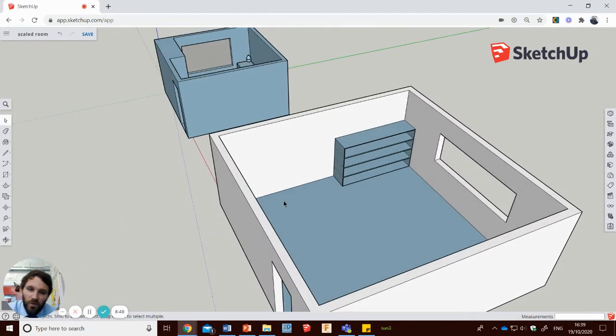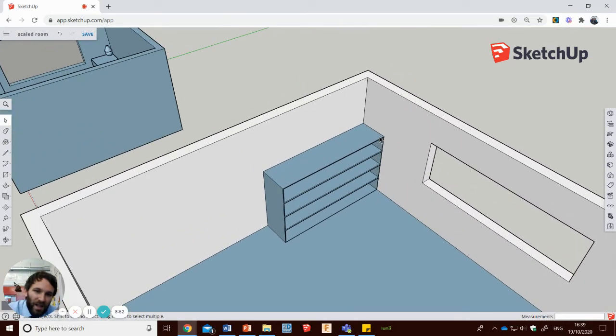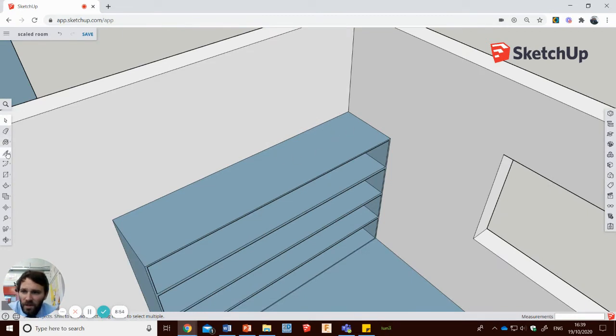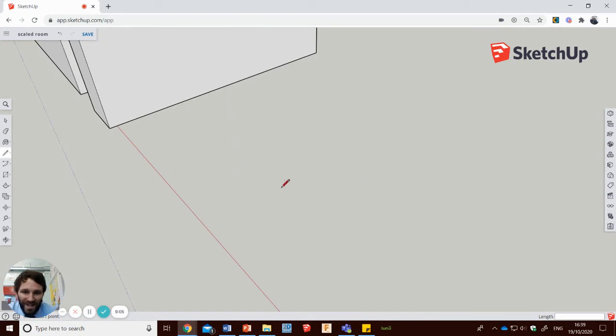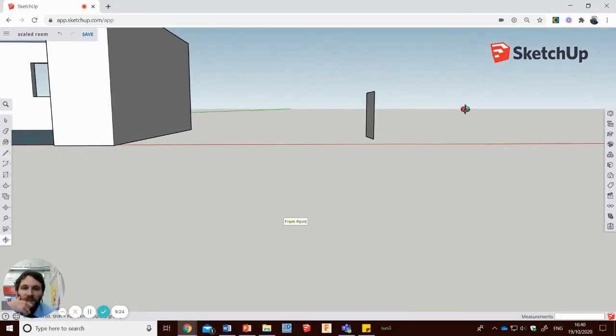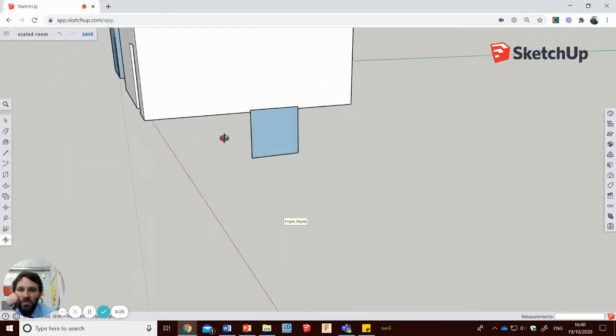Now what I'm going to do is produce a little lamp that will go on top there, like a bedside lamp. Now that is 600, so we're going to want a maximum of 600. So to do that, I'm actually going to come over to a space in here, just a random space, and I'm going to draw up on the blue axis 1,000. Like that, and across on the green axis 1,000, like that, down on the blue axis 1,000, and across. What I've done there is I've created myself a little sort of almost like a big piece of paper standing up